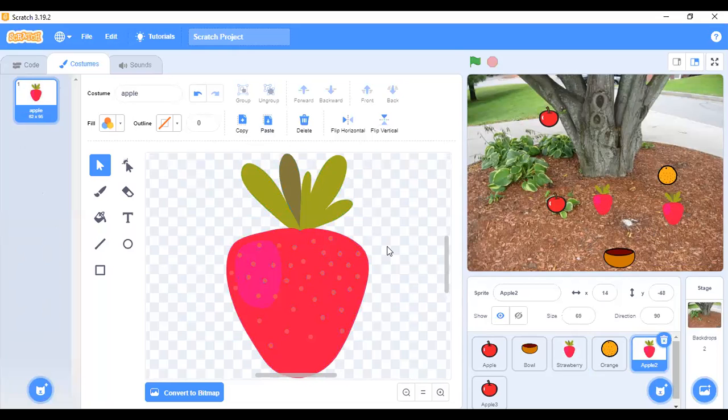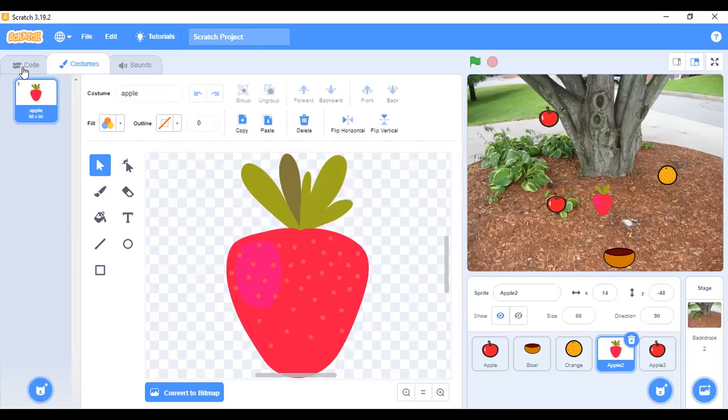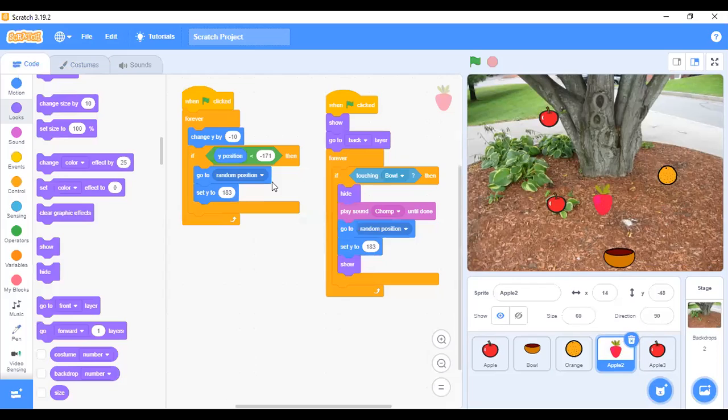For those of you that can't hear me, or probably you don't understand how I did this, look at the way I'm going to change the orange too. So this strawberry, delete it here. We have 1 strawberry. If you click on the strawberry that we have here, and you click on code, can you see the code that we have here? All you need to do is just change the name to strawberry. Press enter. That makes it strawberry again.